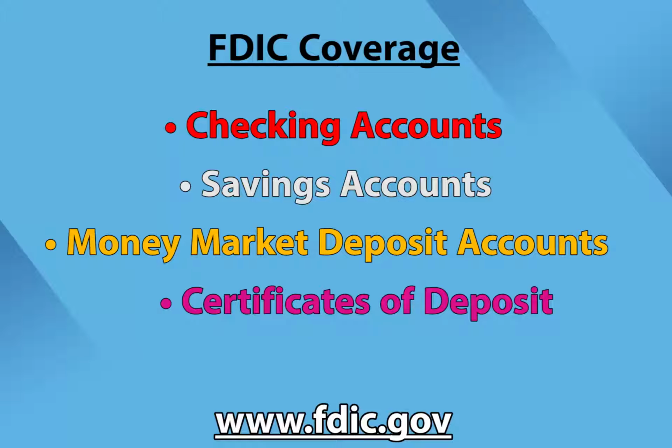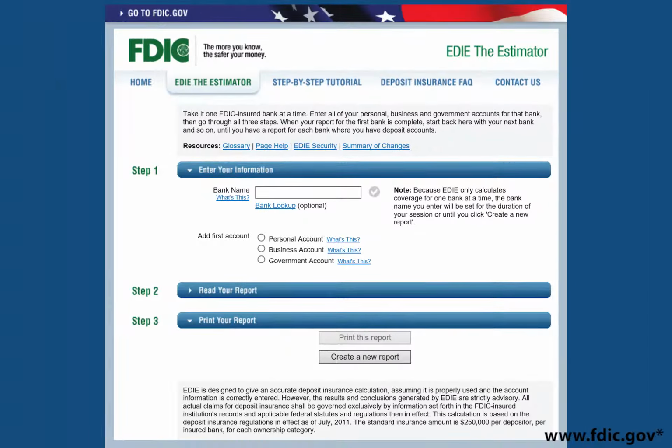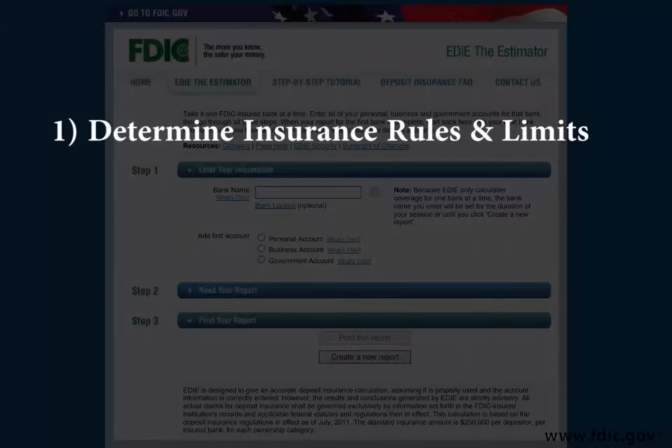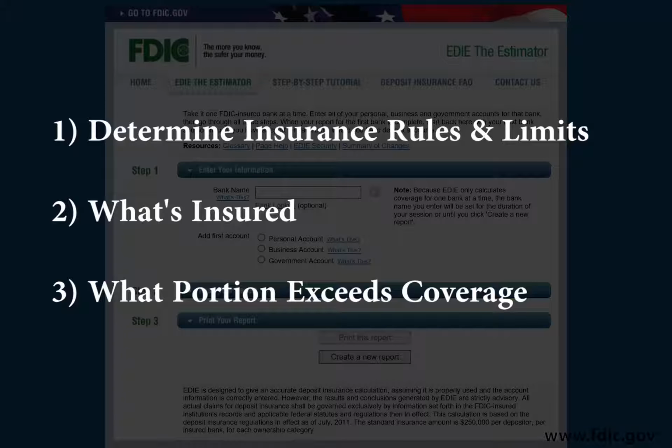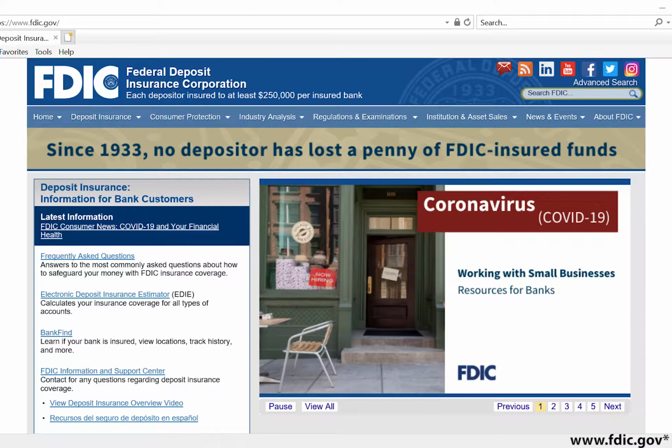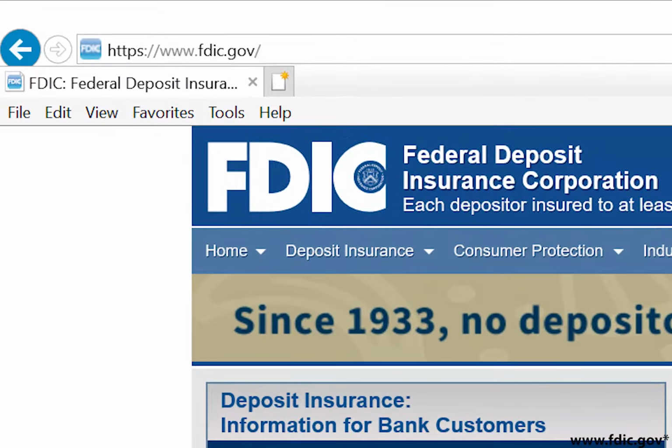To help with this, let's proceed to the EDI. The Electronic Deposit Insurance Estimator is an online tool provided by the FDIC that helps depositors determine how the insurance rules and limits apply to a specific group of deposit accounts, what's insured, and what portion exceeds coverage limits at that financial institution. To locate the EDI, let's go to